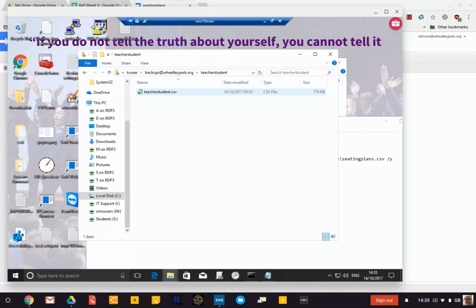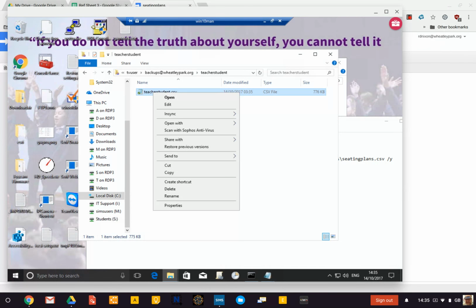That little green tick there means it's synced, and with InSync you can just right click and share it with whoever's going to be doing something with that CSV file. So that CSV file is in Drive now, and every time that SIMS report runs, this CSV file gets updated in Drive as well. So we've got that link between Drive and SIMS,